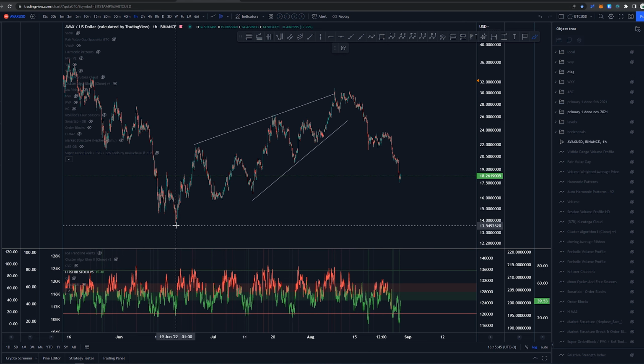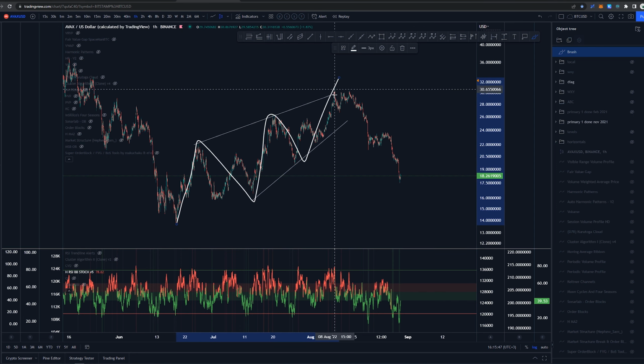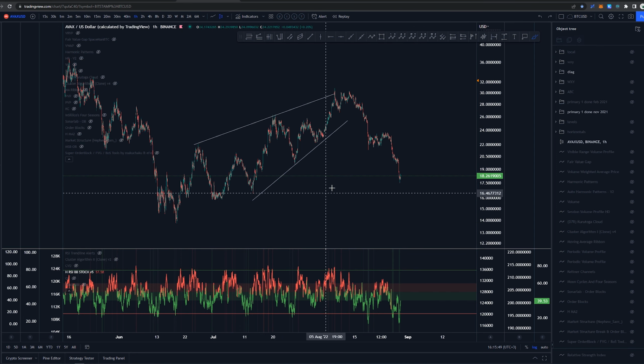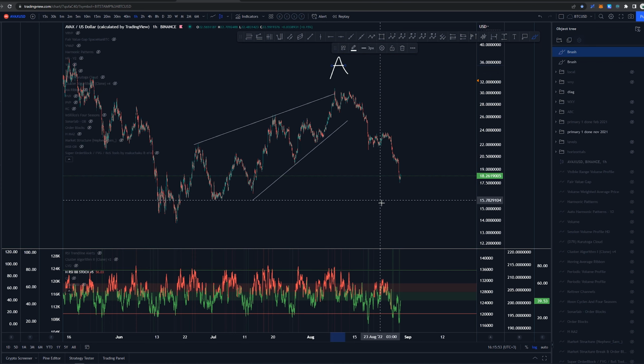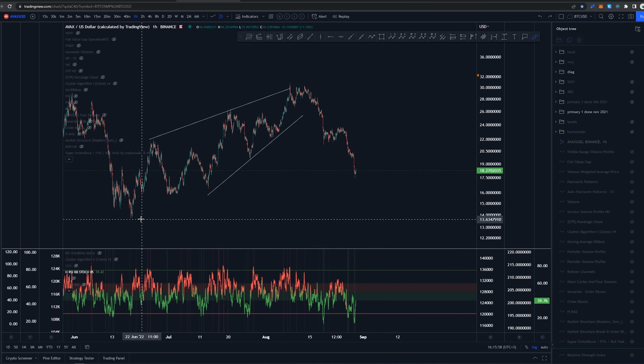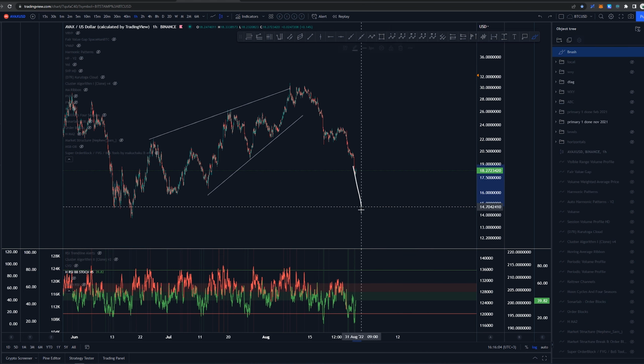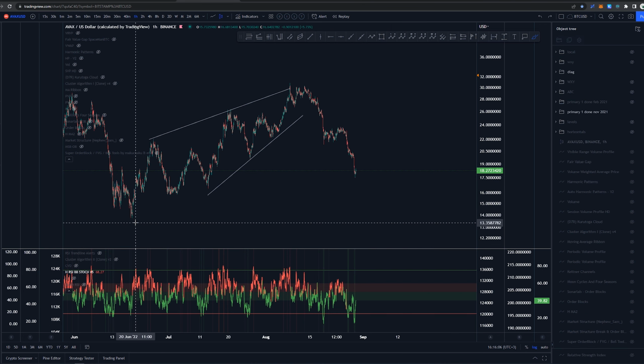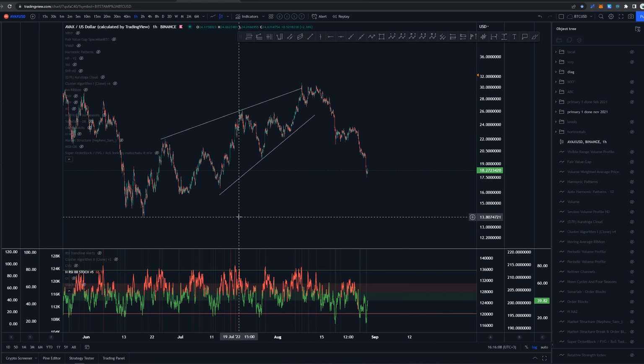One is bullish, in which we would have this as a 1, 2, 3, 4, 5, having a contracting leading diagonal into a wave 1 or wave E. Then we would be looking for a wave B that should not take out these lows here around $13.7. If that low is taken out and the price goes below it, then this whole bullish idea is gone. Other invalidation areas, there is none.